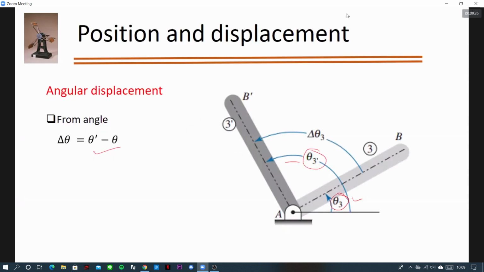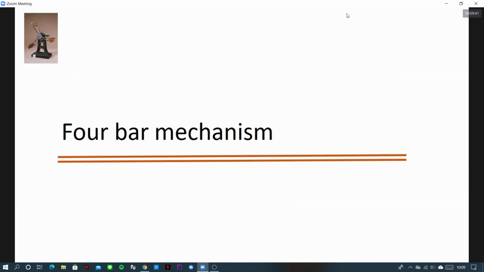Now, this is just basic, which I would like to cover before we move to 4-bar mechanisms. So now we are going to talk about 4-bar mechanisms, which you can say is a kind of a base for your kinematics of mechanisms, right? So it simplifies many things, and it helps you understand many mechanisms. This is the simplest mechanism that people try to solve, and take as a base first to understand many mechanisms in future, right? So we'll talk about it, and we'll see how this mechanism works.